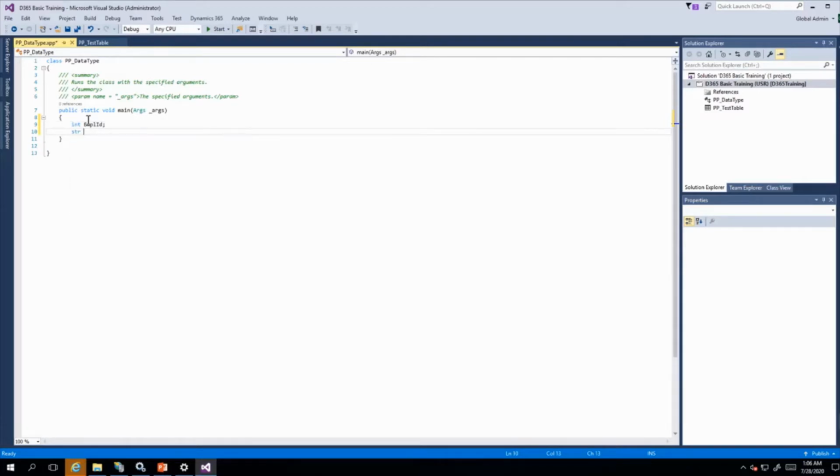For name, I can use string, in empl name. Then we can take salary. Salary is real, so we have to use the real data type, real salary.